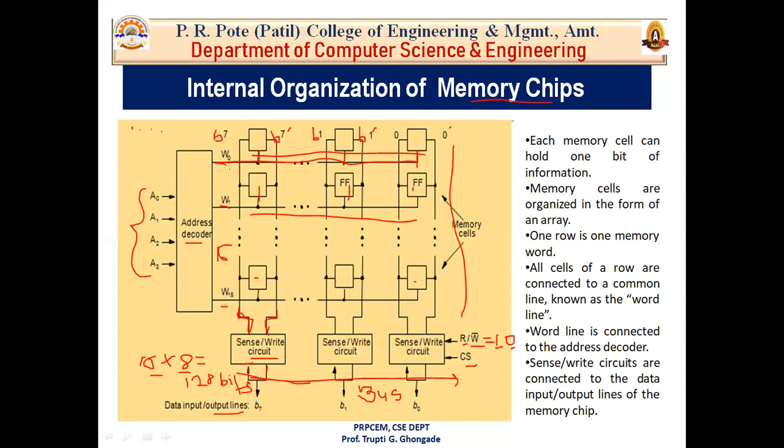Okay, so how many bits are required for the decoder and encoder to address a particular bit? So if it is 0, 0, 0, 0, then this address decoder will select word line W0. If it is 0, 0, 0, 1, then the address decoder will select word line W1. If this is 1, 1, 1, 1, then the address decoder will select word line 15.